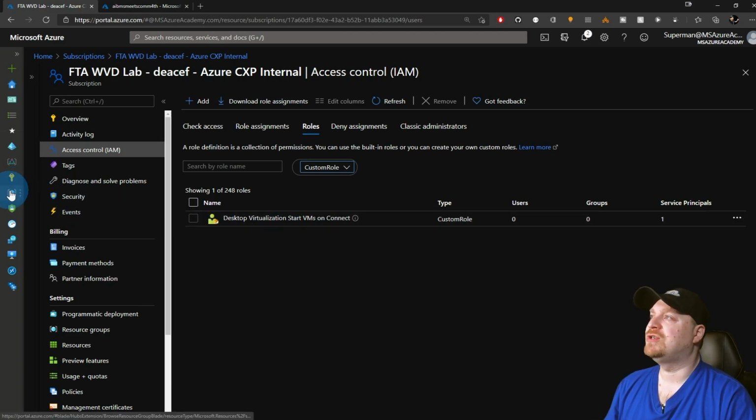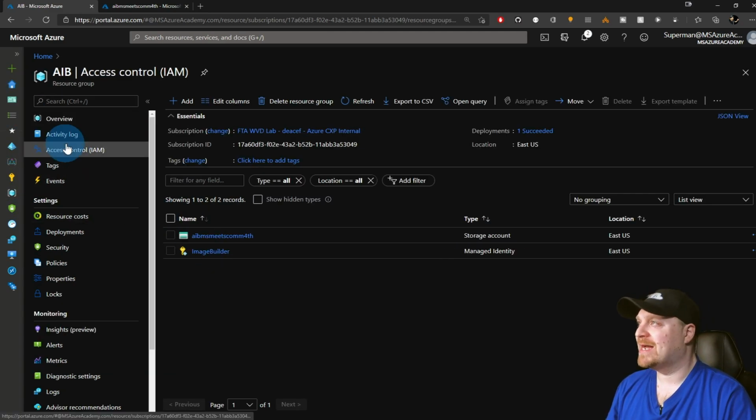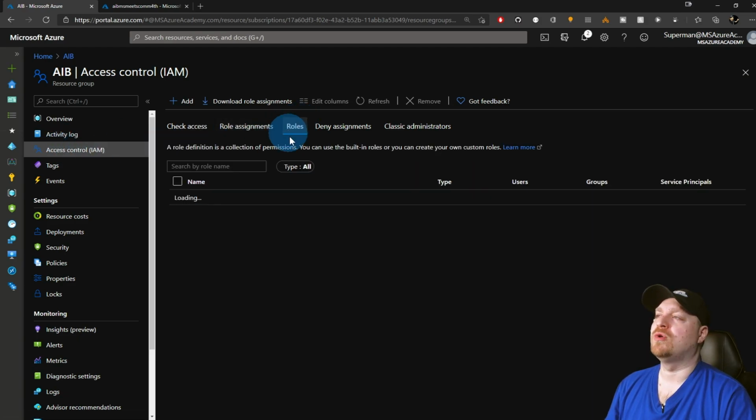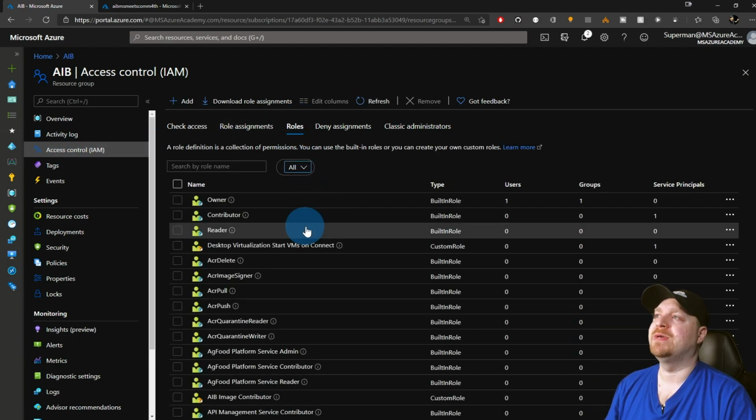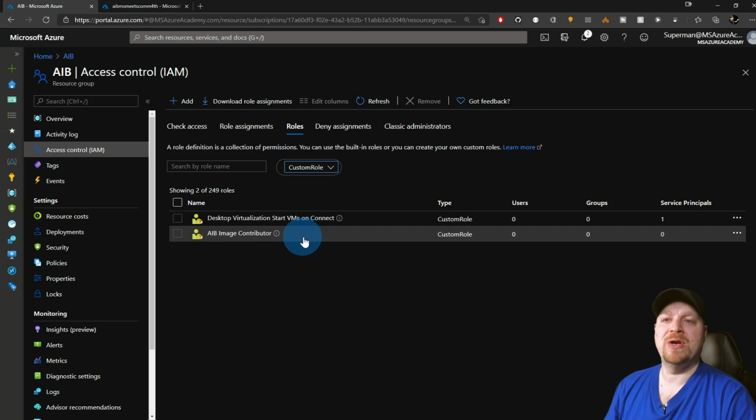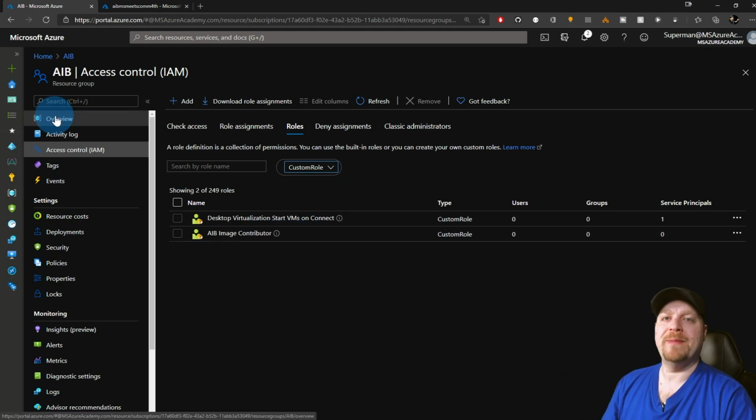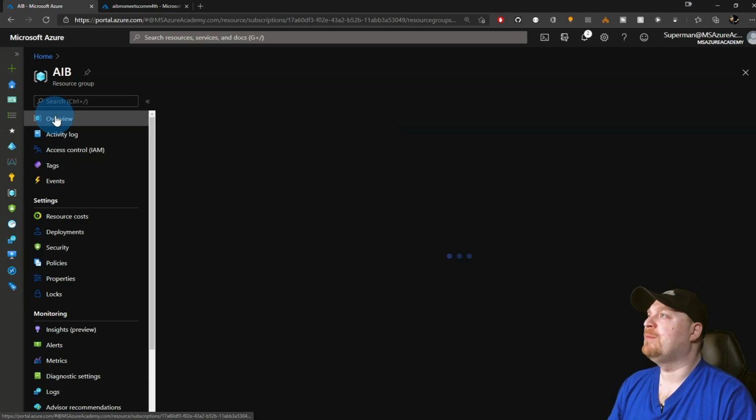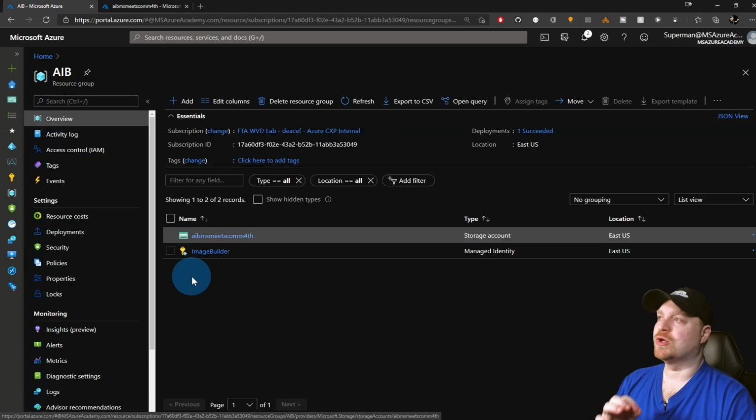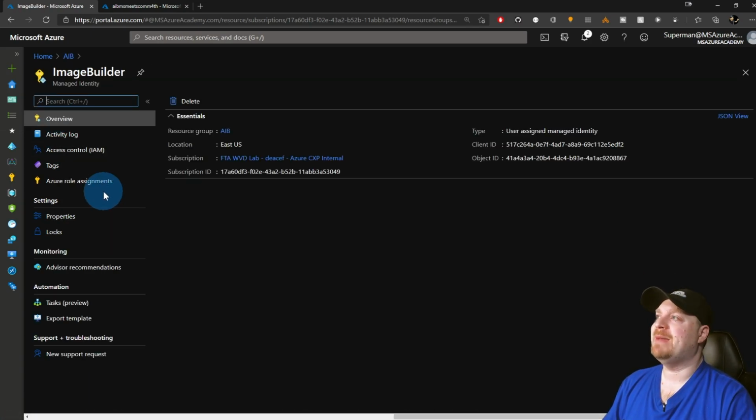But if I go back to my resource group, and then back to access control, and look at the roles here, and then filter it down to custom, there is my new role. And of course, we can automate this through a script, which we'll do in a moment. So back in our resource group, there's a cool way that we can assign permissions to the managed identity, and